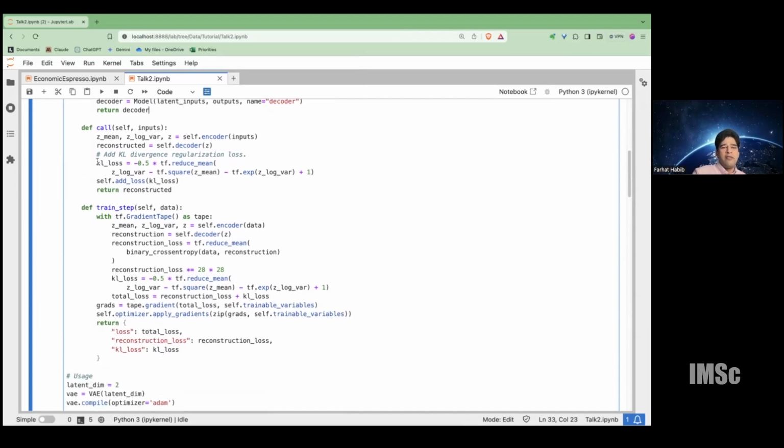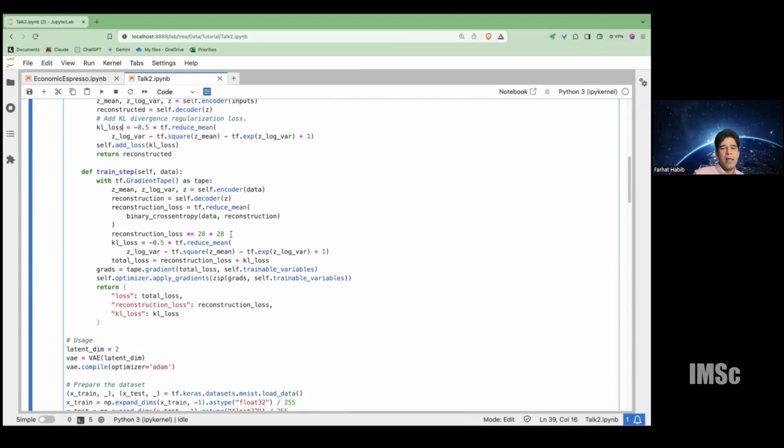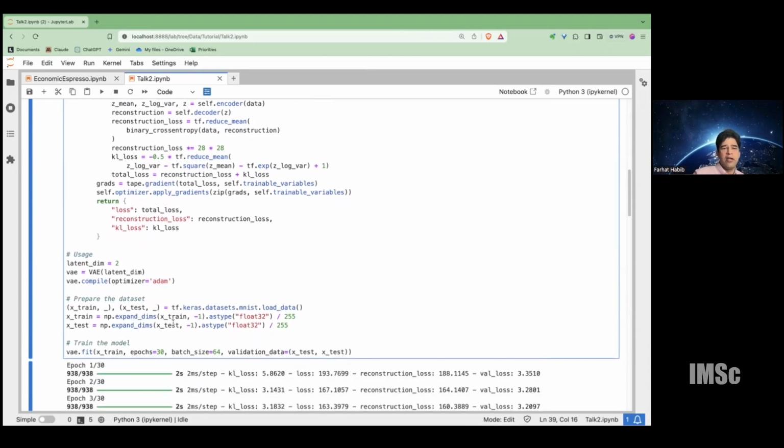Okay, and here we define the loss. We have the KL loss, which is how far away from a normal distribution this is, and we have the regular loss, which is the mean squared error. And this is code for training and so on.